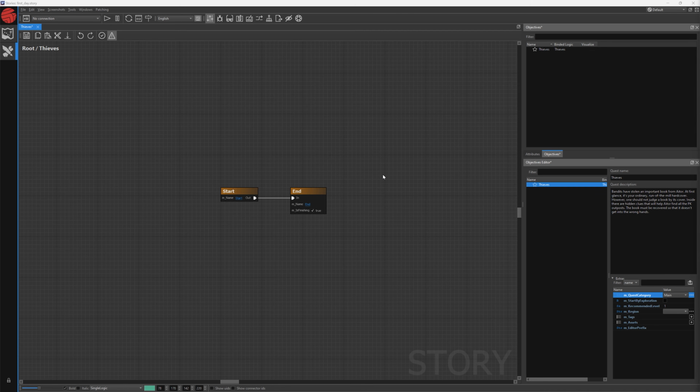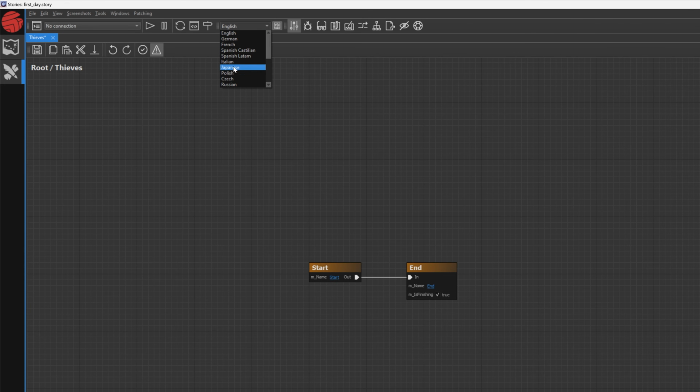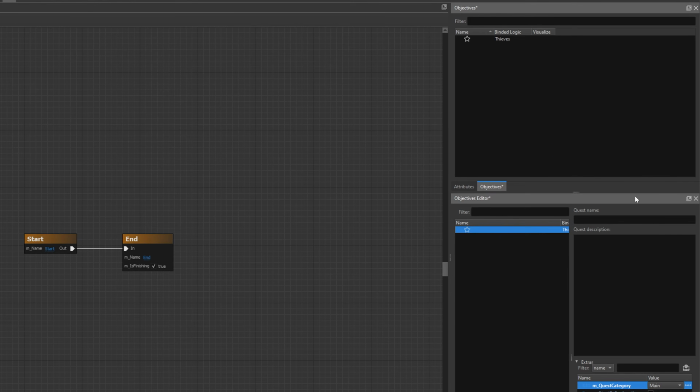The default is set to English. To change this, move our cursor to the top and use the drop-down. I'll go with Polish. The quest name and description will disappear for each newly added language. We're going to have to type out something else. In quest name, I will write the translation Złodzieje. And for my description, I will paste my translated text. Thanks to this, our pals from Poland will be able to read the objective in their mother tongue.